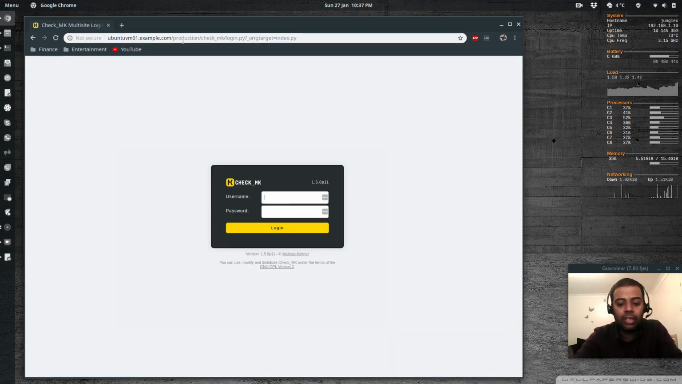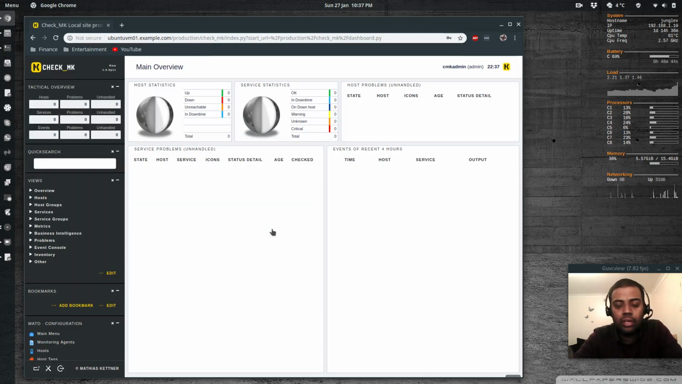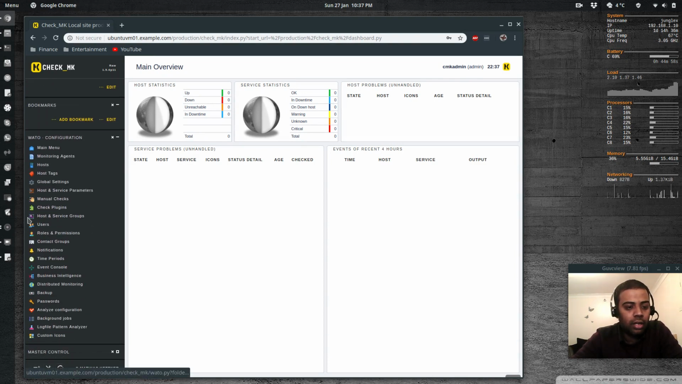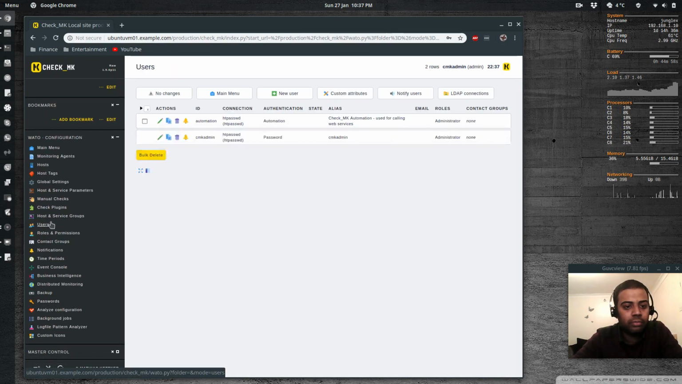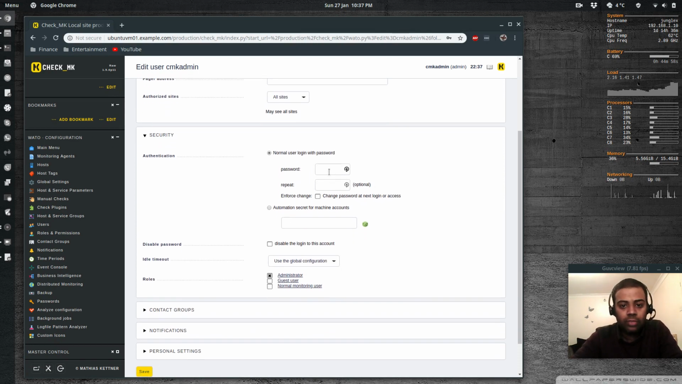So that's the login page. We know the admin user is cmkadmin, and the password is what I've copied. Cool, so that's how the dashboard looks, a very clean dashboard. The first thing I'm going to do, as I've logged in as cmkadmin, is scroll down here and click on users. There is cmkadmin, and I'm going to edit that user and change the password. I'm going to set that to cmkadmin,